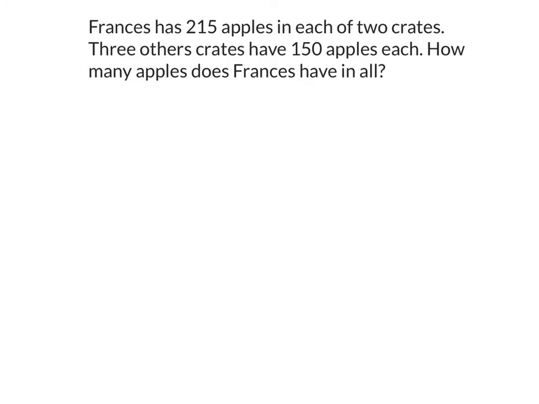So let's take a look at the first problem. Francis has 215 apples in each of 2 crates. 3 other crates have 150 apples each. How many apples does Francis have in all? To solve this problem, we would take a look at the apples she has in the first 2 crates. So she has 2 times 215 apples plus the other crates, which would be 3 times